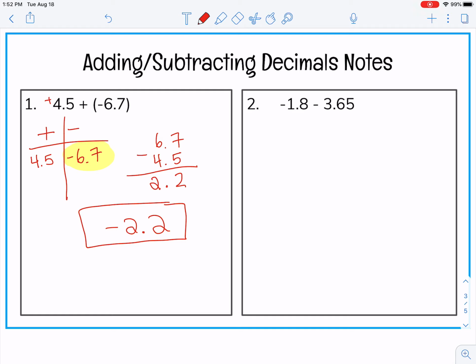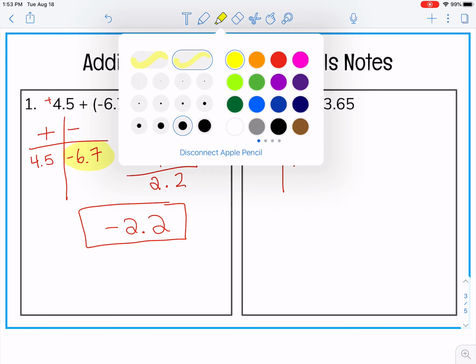Number 2, negative 1.8 minus 3.65. So again, we're going to use our T-chart. And then we're going to start with the first number. The first number is negative 1.8. Obviously, that is a negative number. And then our second number is going to be